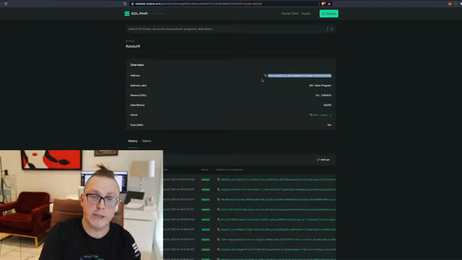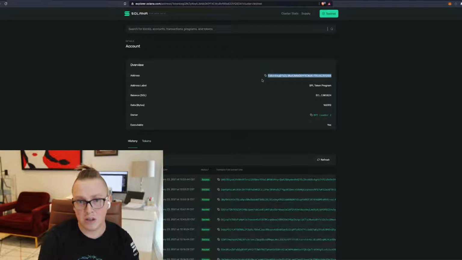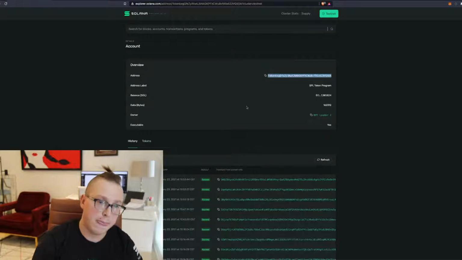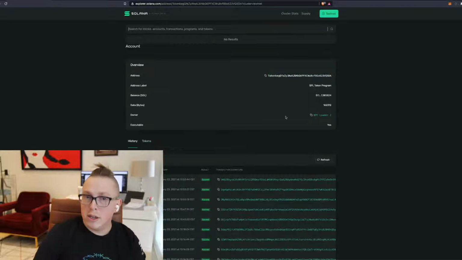The Solana runtime will figure out that it was actually executed by the program that has ownership of the operations. And then all the tokens